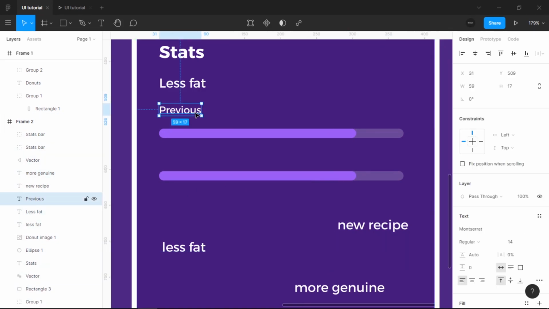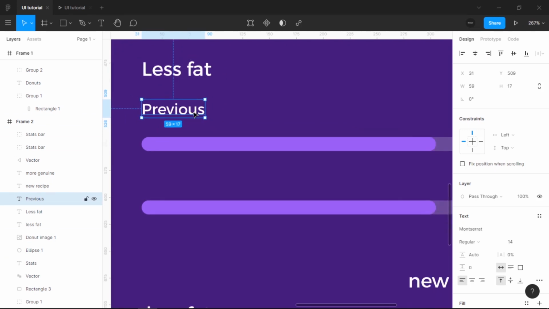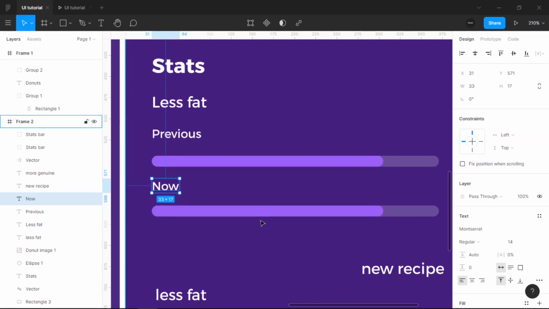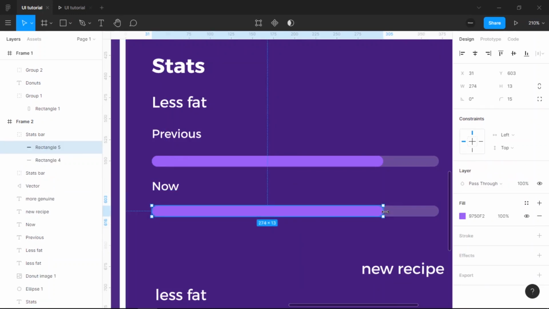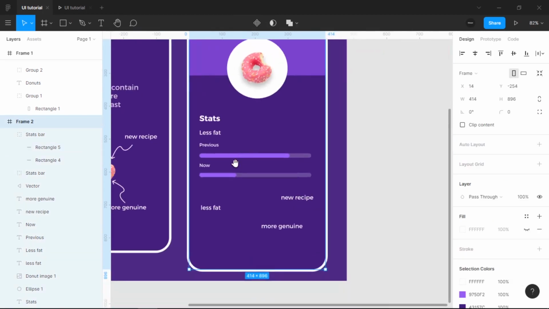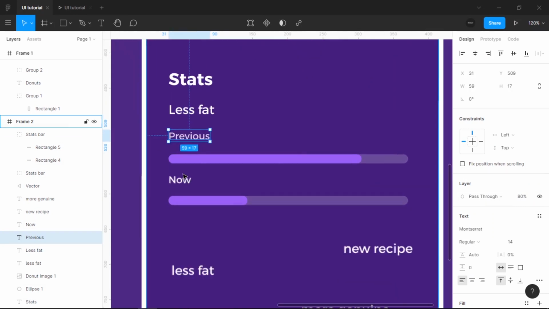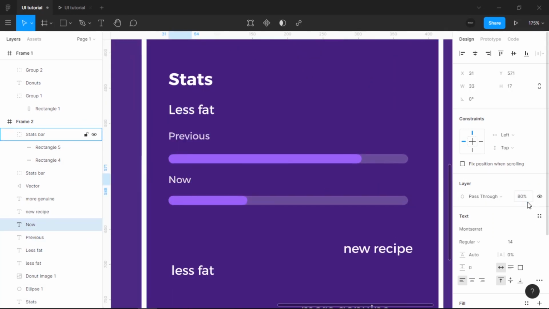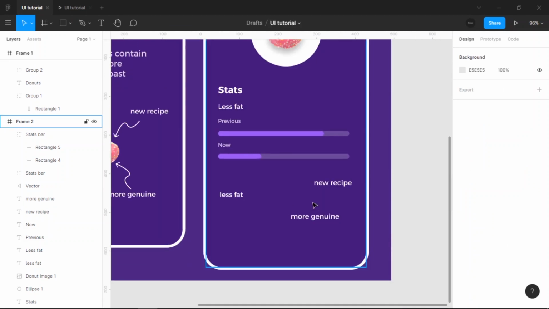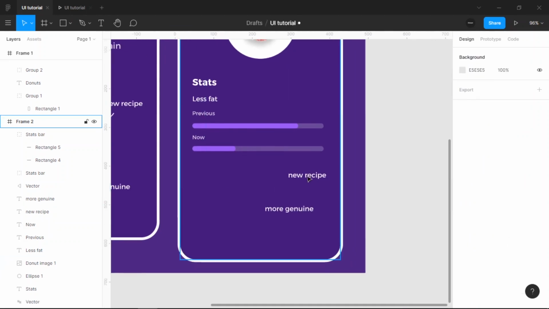Now we duplicate the layer, we use shift, and then we make now, and then on the first, the rectangle 5, we reduce the fat. And then we make 80% and 80%, and then we make a button here,